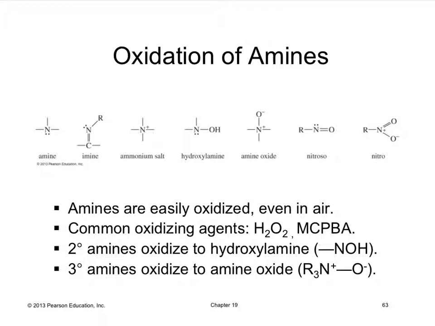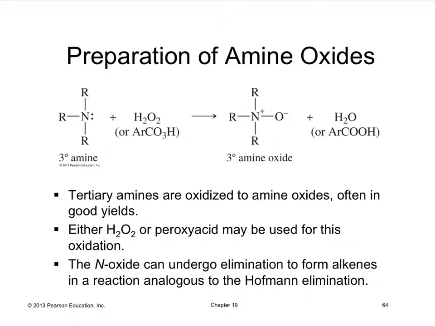Oxidation of amines. Amines can be easily oxidized, even in air. Common oxidizing agents are peroxide or MCPBA. Secondary amines oxidize to their hydroxylamine, as shown here. Tertiary amines oxidize to the amine oxide, shown here. If we want to prepare amine oxides, you can take a tertiary amine reacted with peroxide or benzoic acid, benzoic peroxy acid, that is. This will generate the tertiary amine oxide,